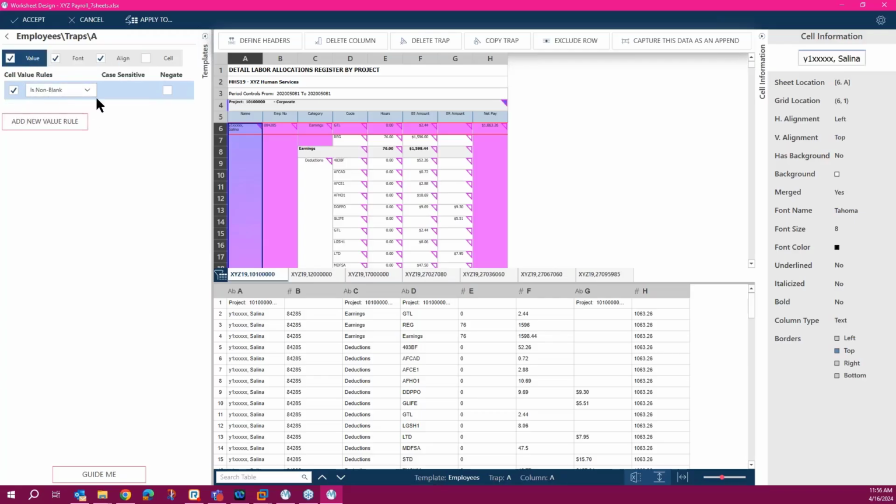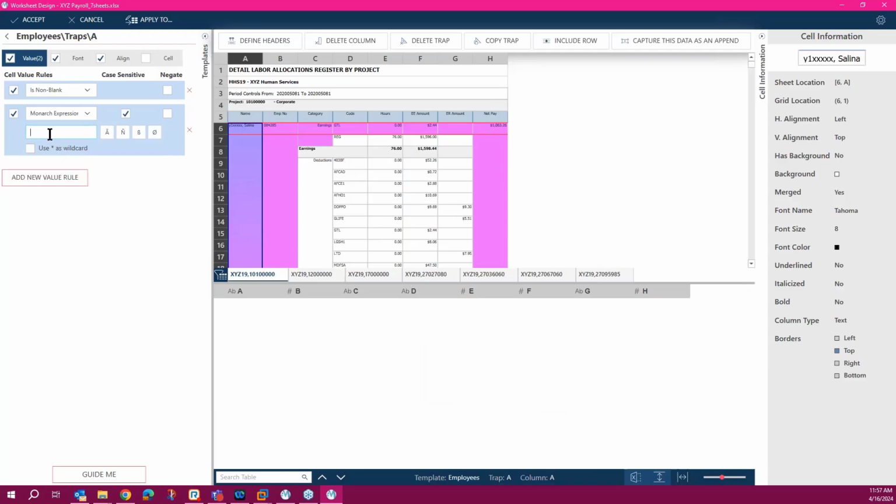Well, there are other options here, so I can add another value rule to the value. If I click on the value rule button, there are other choices that you can choose. This one is for Monarch. If I select that, I can just say it starts with project, for example, project and not case sensitive.